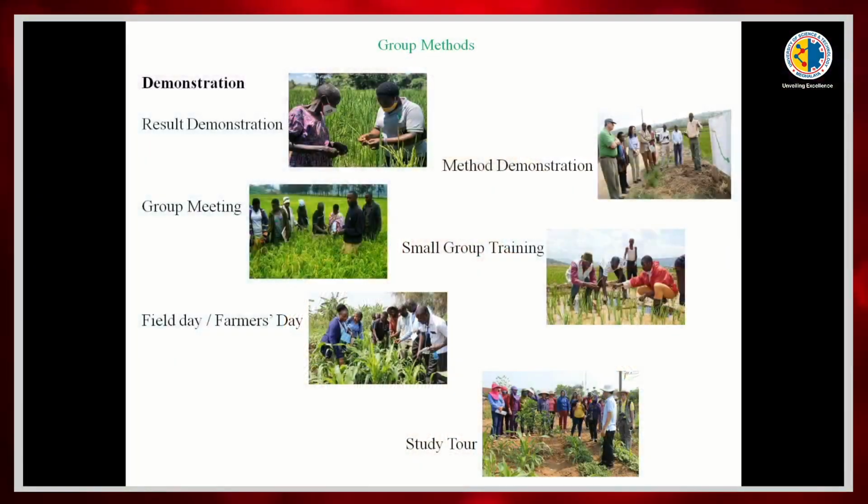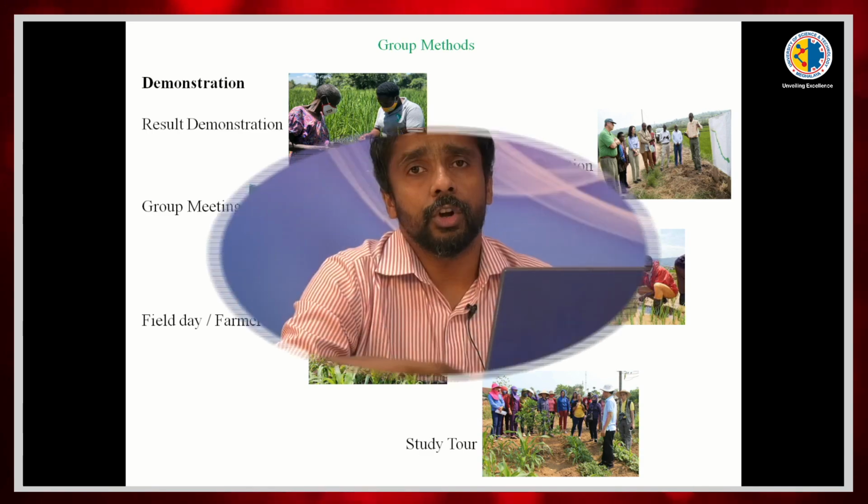Then group meeting, this is a group meeting. Then field visit or farmers day celebration. In a field visit, we should visit their field, we have to go to their field. Then small group training, maybe 5 people, maximum 10 people, we will call for a meeting and go for a small group training. Then method demonstration,